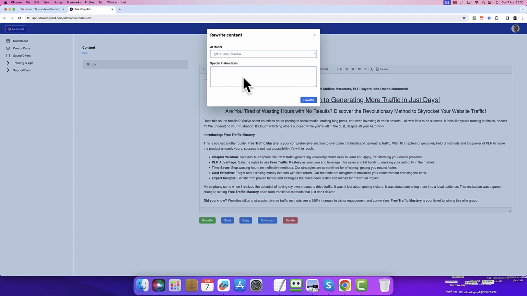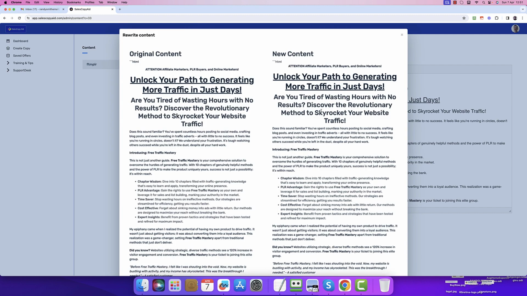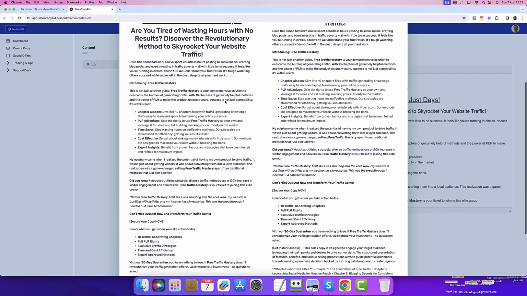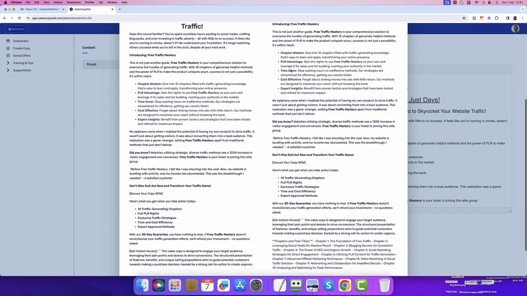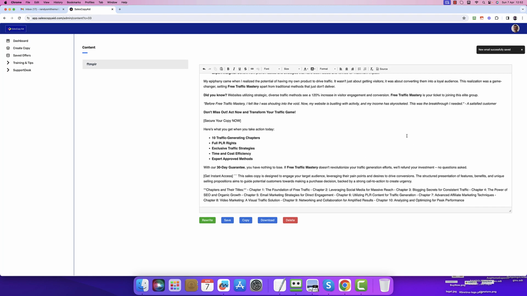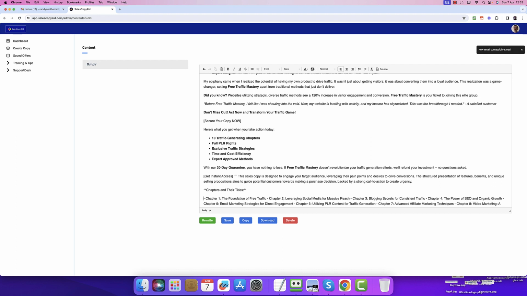So I'll give it the special instructions if you wanted to please add a bulleted list of the chapters and their titles. And here we are with the original content and the new content. So scrolling down, the new content, obviously, as I've scrolled slightly more, has got more, and there it is, the chapters and their titles. Let's select the new content, and that's now in here, and we can